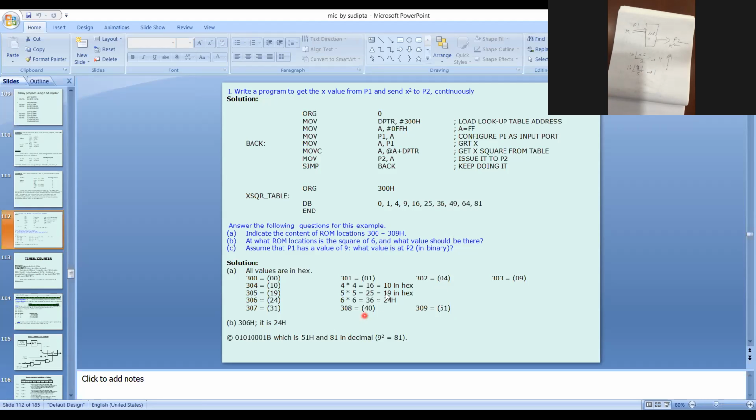Say 308 means 64. 64 divided by 16 is 4, and the remainder is 0. So it will be 40H. That's why 40. Is it clear to all of you? Yes, sir.